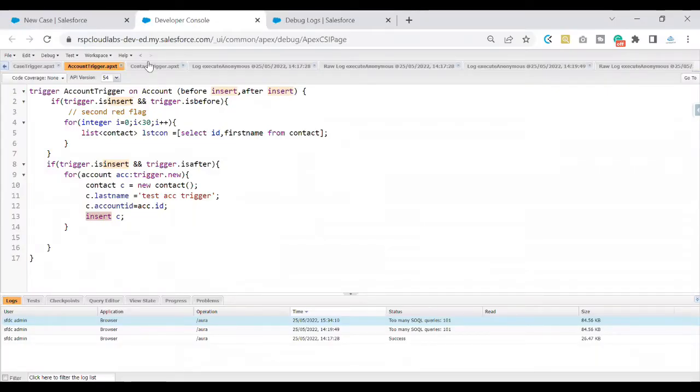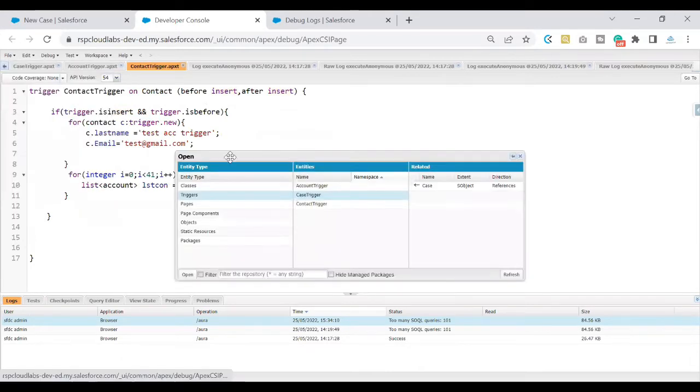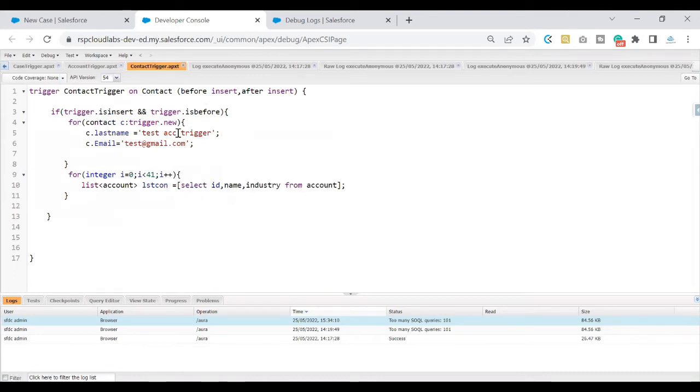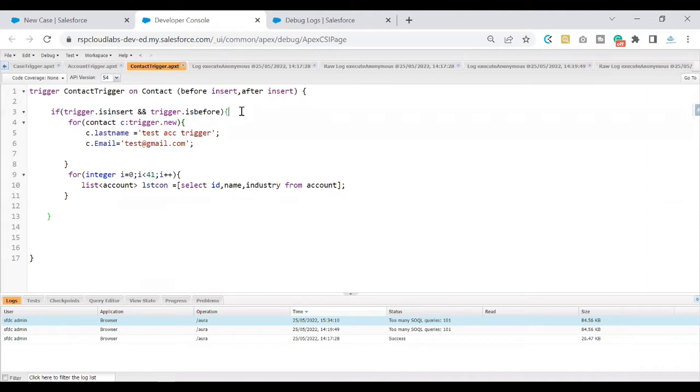If you look at this contact trigger, feel free to open it from File and then say Open From, select the triggers here and open the contact trigger. So I have the contact trigger already open. Again, if you see, there are some assignments that are happening for the list of contact records that are being created. And once that is done, I'm iterating over this for loop 41 times, which is the reason why